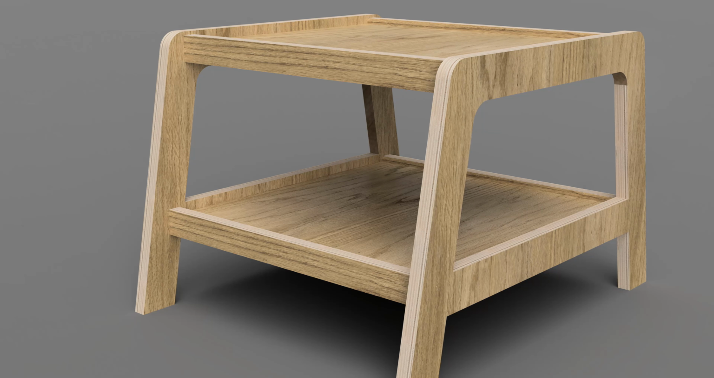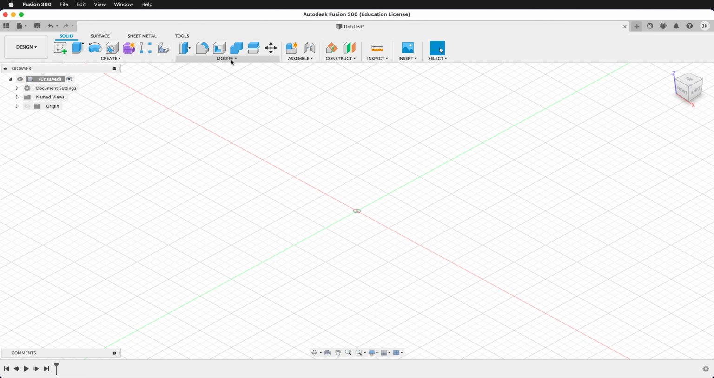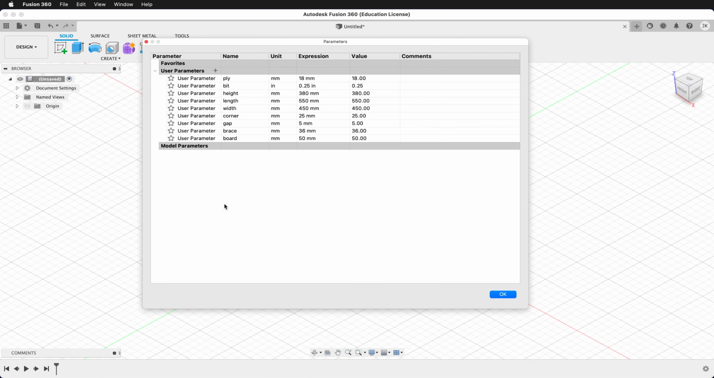So we're going to make this nice end table in Fusion 360 with rounded top edges and two levels of storage. To get started, we want to look at the user parameters under the Modify menu, Change Parameters. Here I have parameters for ply of 18 millimeters, my router bit size, things for height, length, width, corner, which will be the corners on the top, gap, which will be the space from the braces to the top of each level,